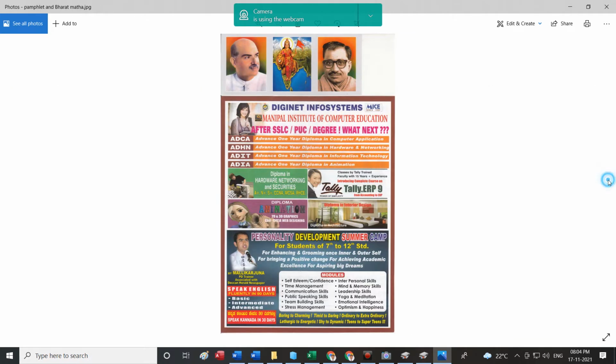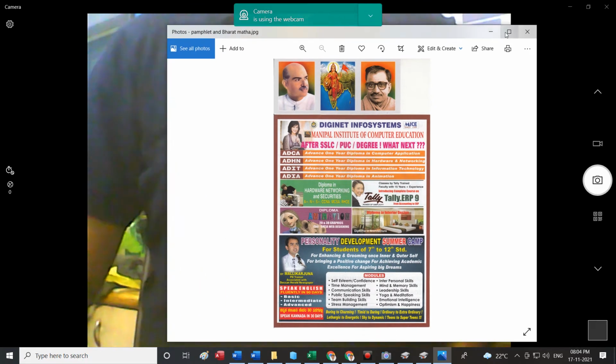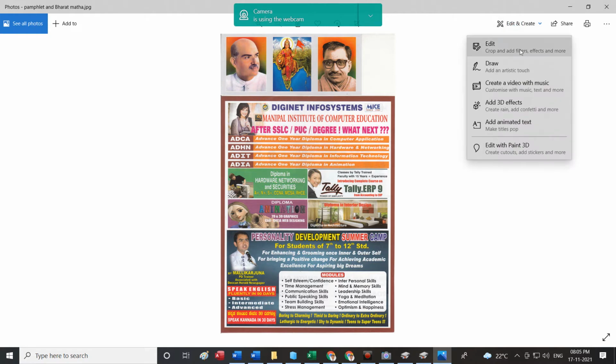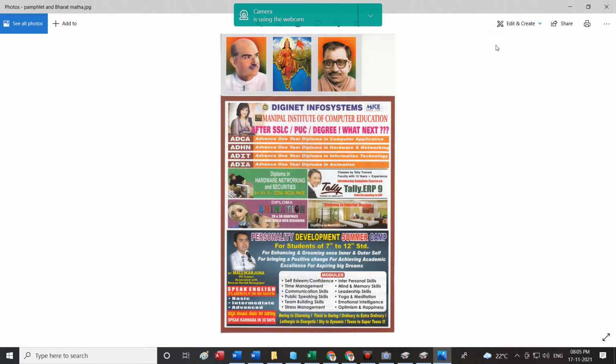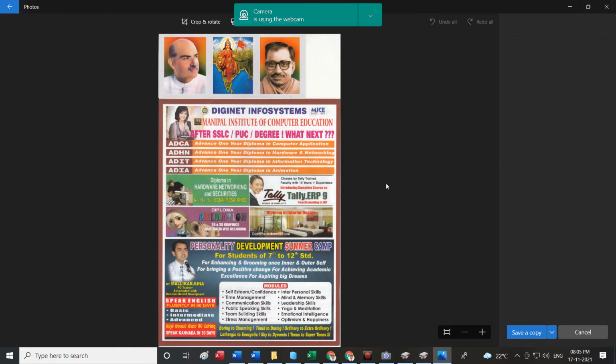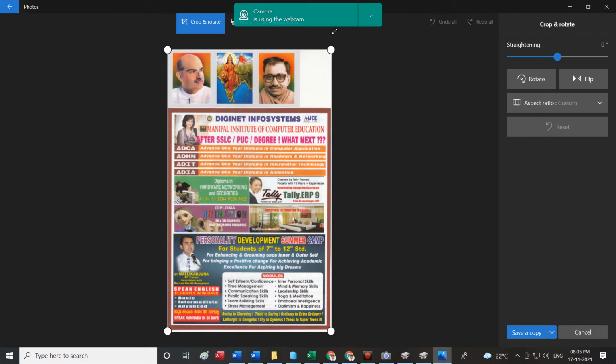You should know how to scan, and simultaneously please also remember, if I have not taught you about this software, the software I am actually using now is the Photos software, which is inbuilt in Windows 10, and is used to view photos and edit photos. You can also edit photos here. I can say edit, and I can crop this photo. Cropping can be done even in MS Word, in MS Paint, and also in the scanning software itself, because the scanner gives you that option. Here also it allows me to scan.